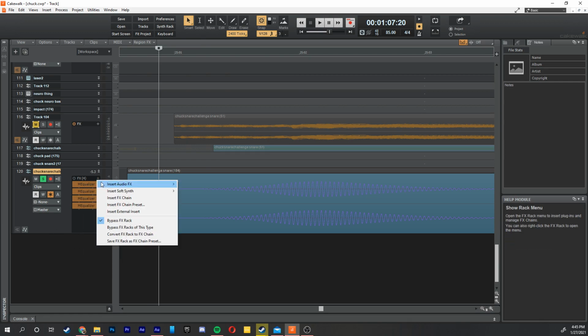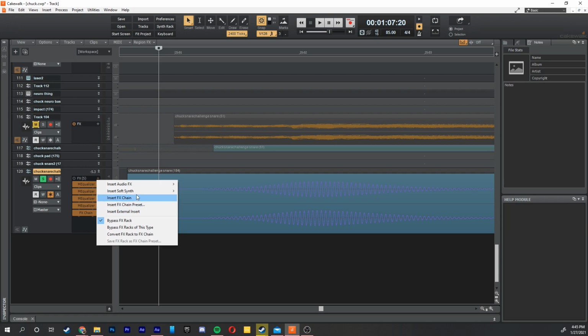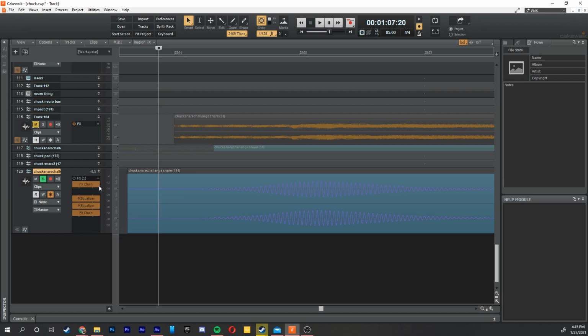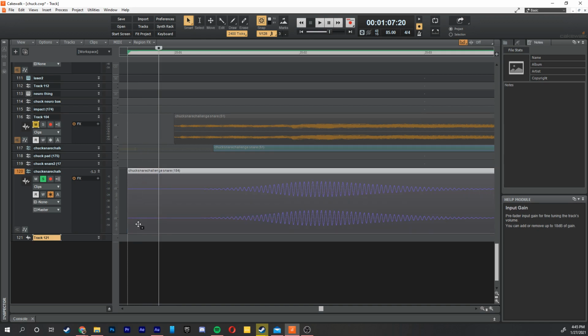One thing you could do, let me just clear these effects. Oh crap, I did not mean to do that. We're going to convert this to a chain and then delete it. Okay, so then you can take this wave here, and this is constructed from the original